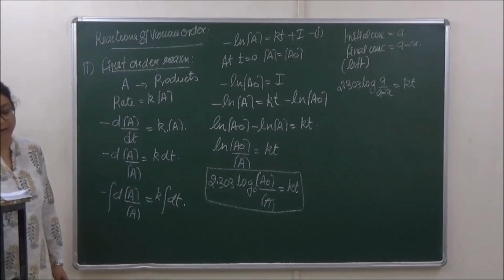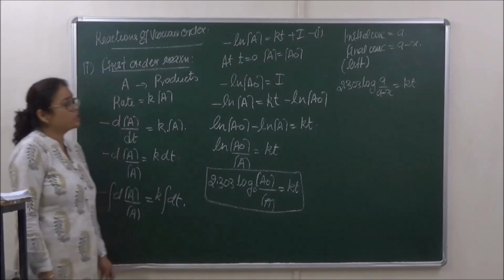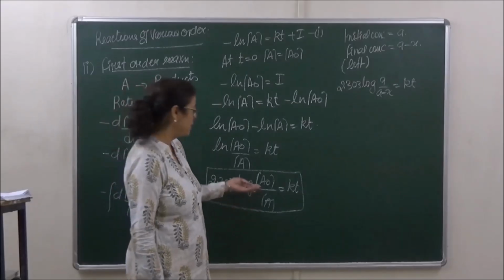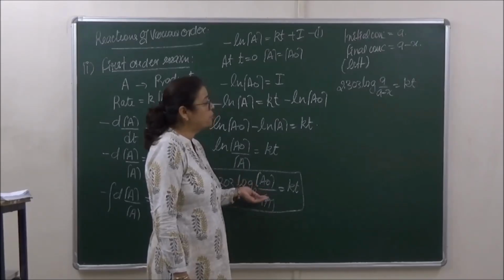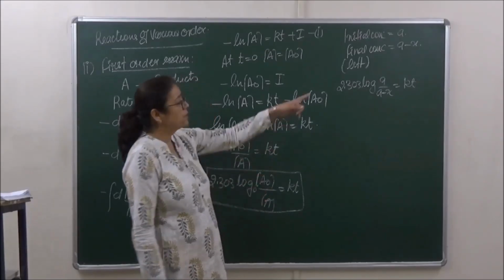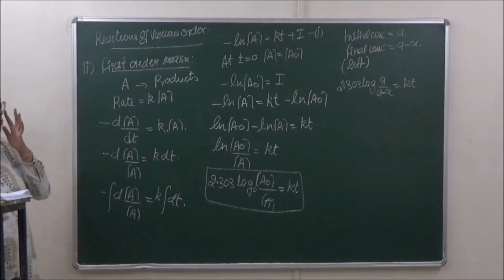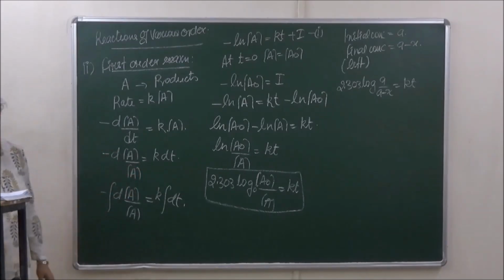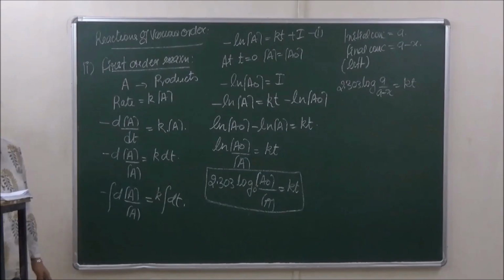Now over here you have to remember that even if we are changing the units of concentration, like we can take moles per liter over here, or we can take decimeter cube or whatever the unit of concentration, the value of K is not going to change. So the value of K over here is going to be unit independent. ठीक है? So whatever concentration unit आप लोगे, value of K will not change.